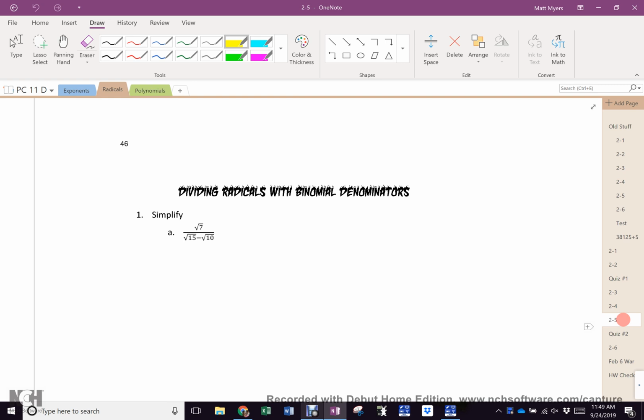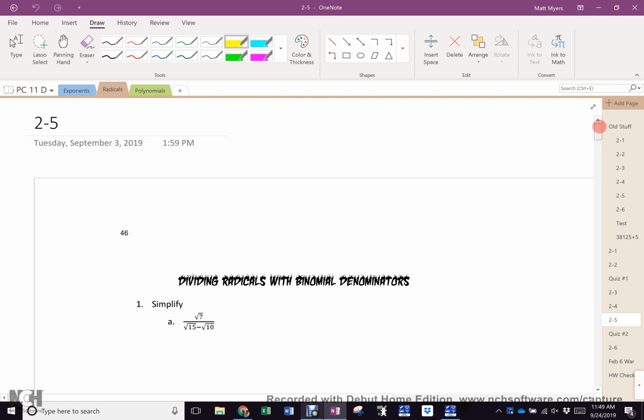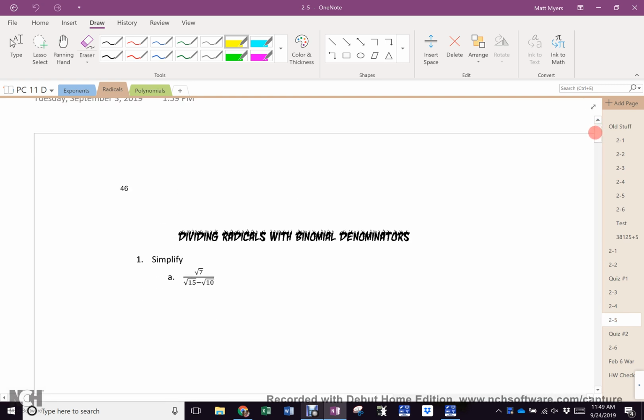Good. Okay. There's a couple of things we got to talk about on page 46 in this space above the stuff we are doing. And the number one thing I have to remind you of is this property of polynomials. x plus 2 times x minus 2. If you were going to expand that completely,